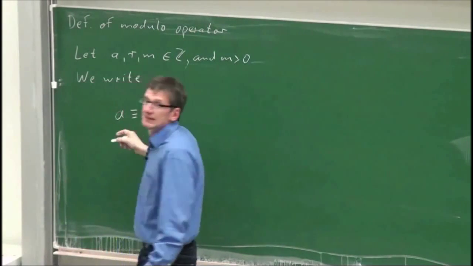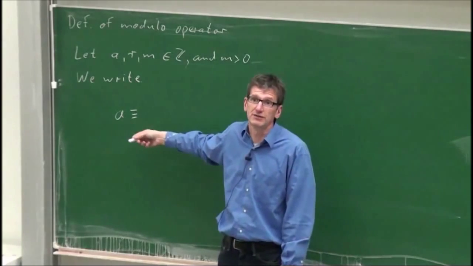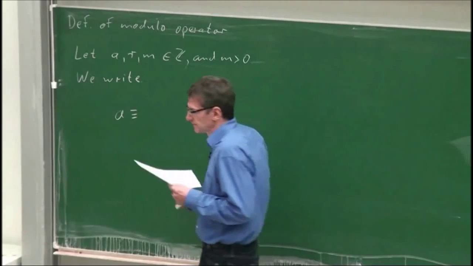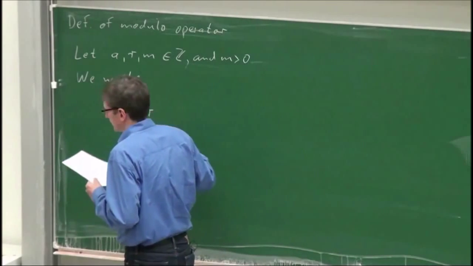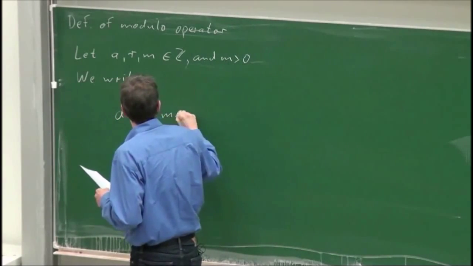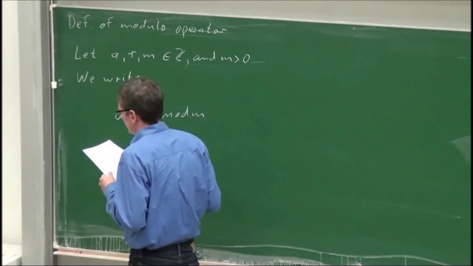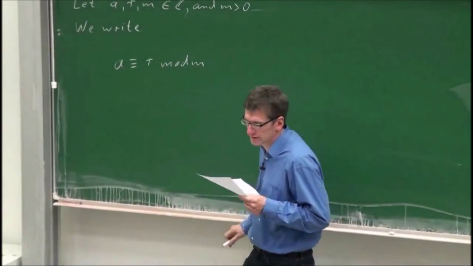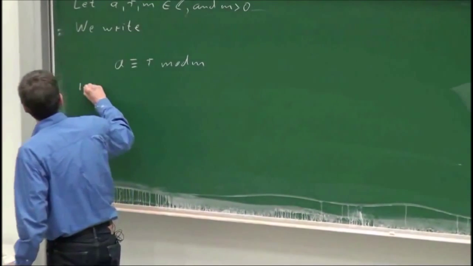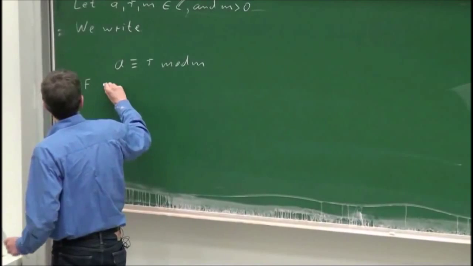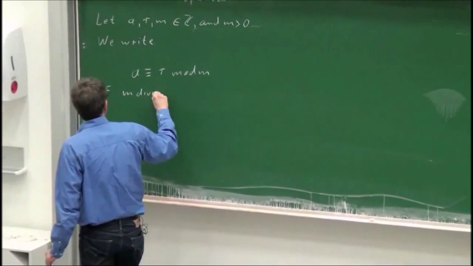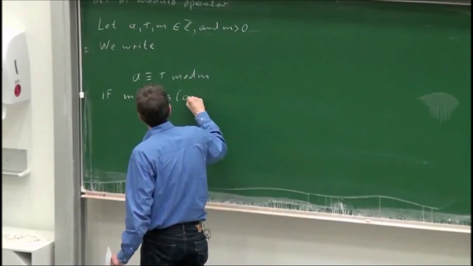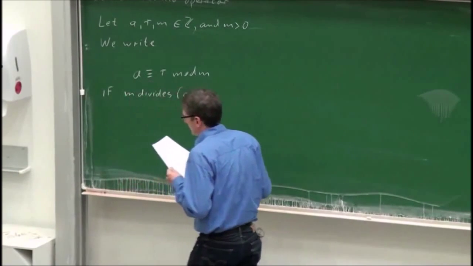A is, so this is not called equal, this is not called gleich, this is called equivalent. It's equivalent to, or congruent, r modulo m. And now comes actually the important thing. If m divides a minus r,